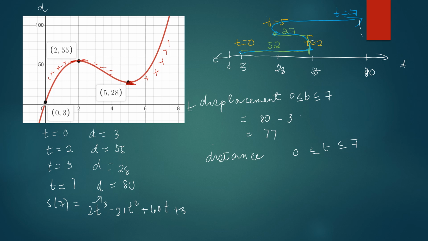And then from this point, 28, you move until you reach 80. So how much is that? 52, right? So the total distance covered is the sum of these distances, 52 plus 27 plus